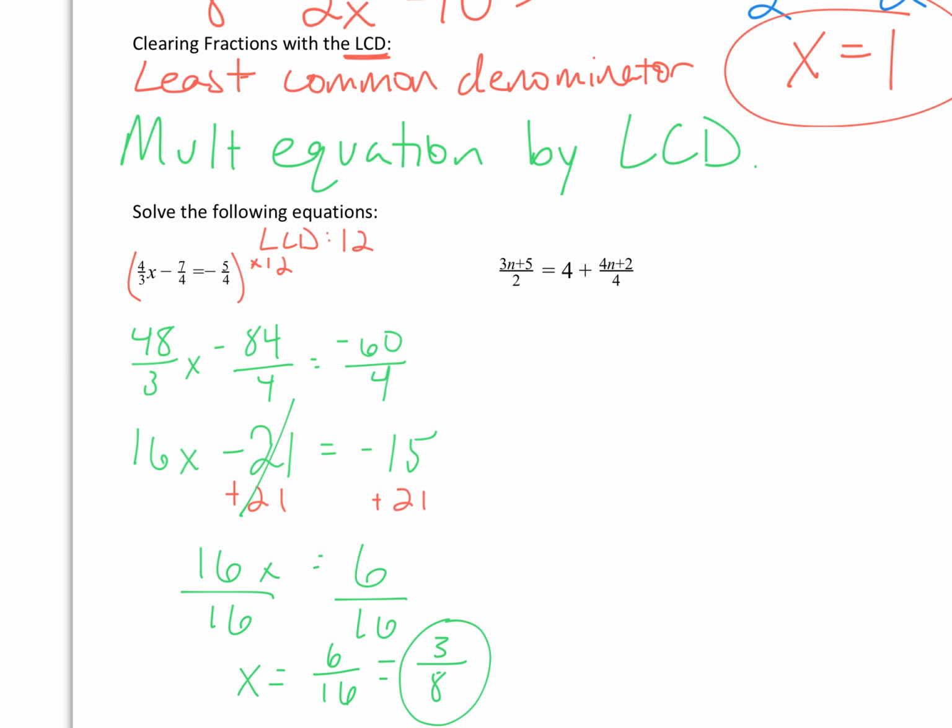The next example, we have some values with fractions and some without. Well, again, if we have any values with fractions in here, normally we want to use this clearing fractions with LCD method. But we really only have to worry about these two values. So what's the LCD between 4 and 2? Well, the least common denominator there is going to be 4. If I multiply everything by 4,